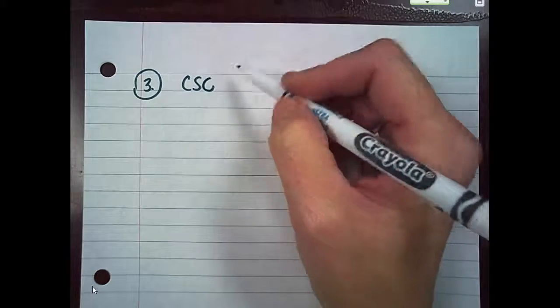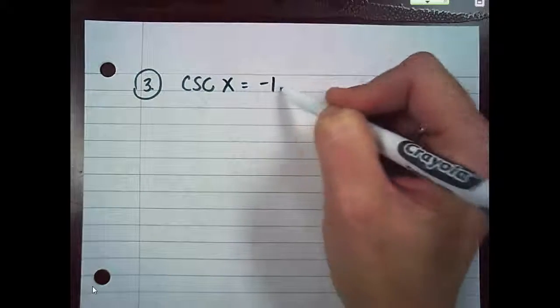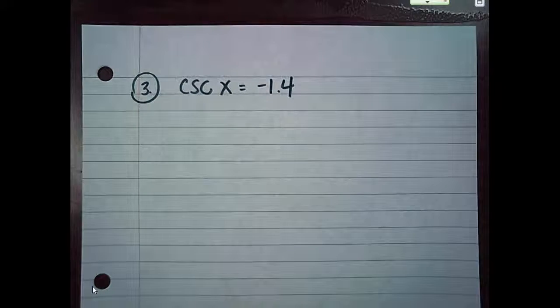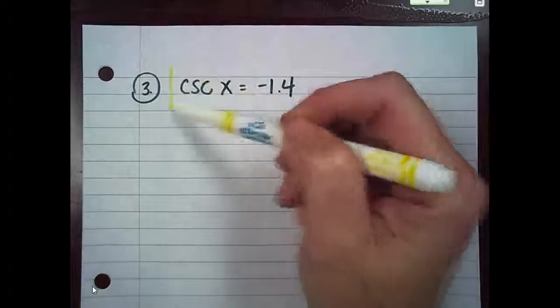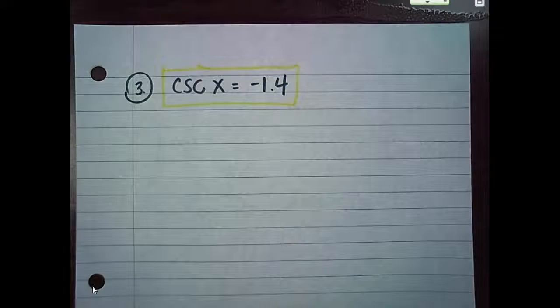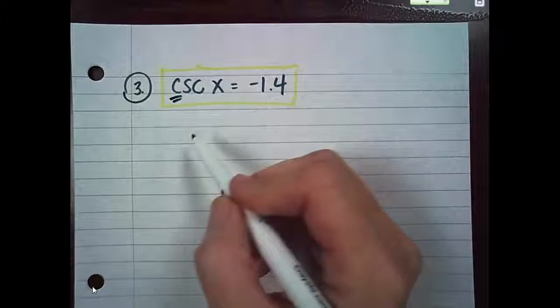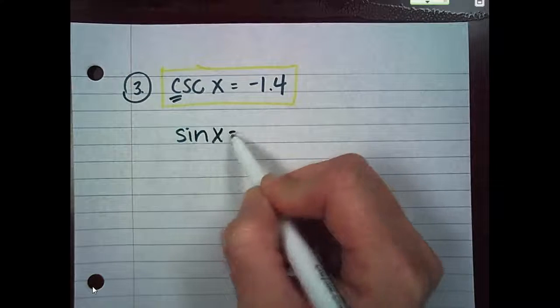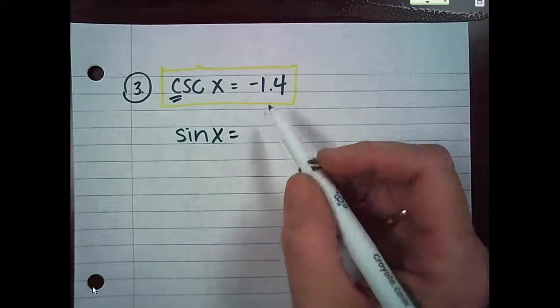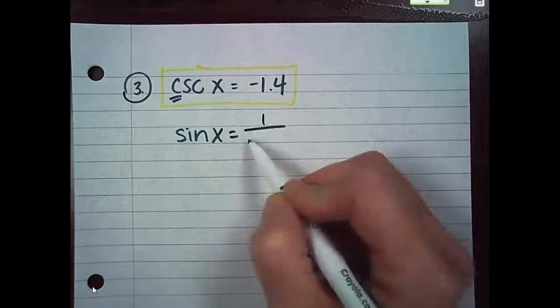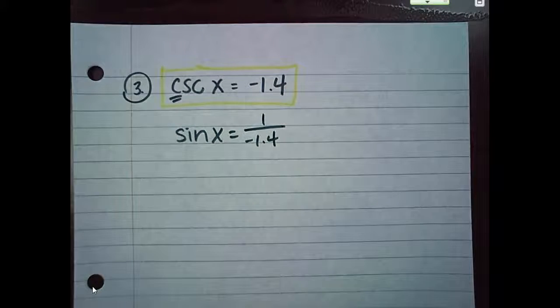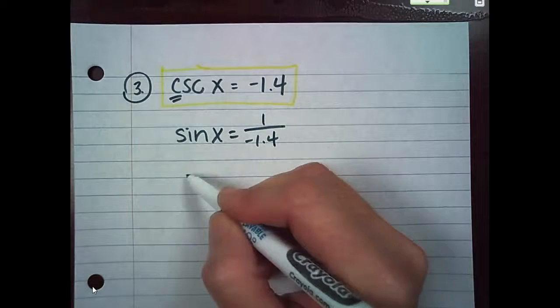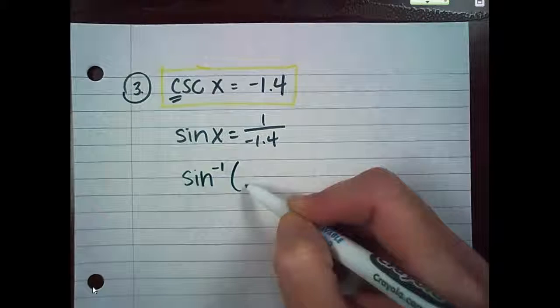Cosecant of x equals negative 1.4. Are we going to flip? How come? Because it's cosecant. So the reciprocal cosecant is c, so we're going to start with an s. So sine of x equals, and I'm just going to make it simple, I'm going to put 1 over negative 1.4. So the inverse